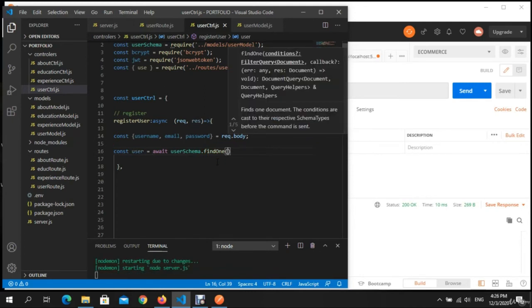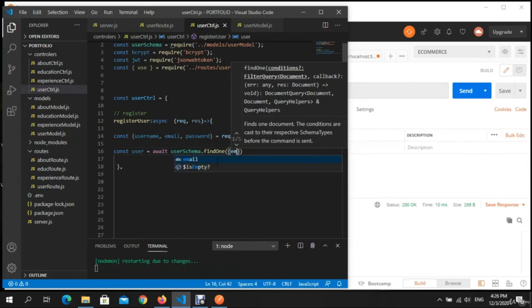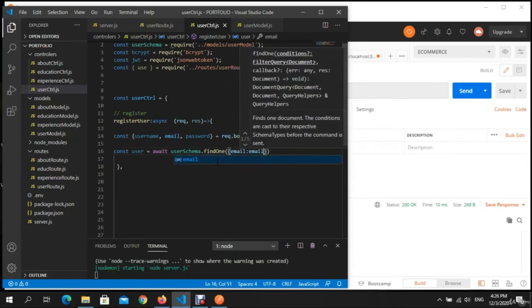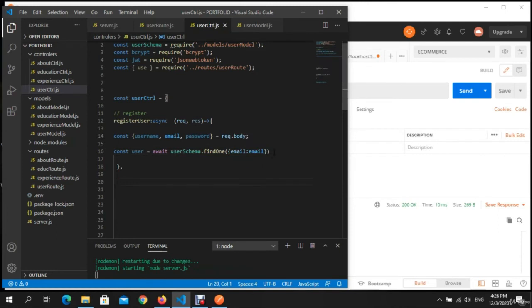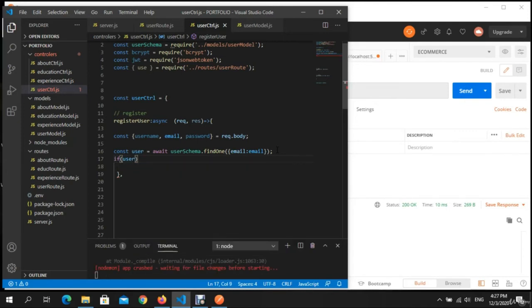We need the email. Why? Because we want to do something right now. Okay. If user, what does it mean? If the user, if the email in reality exists, we want to return something which